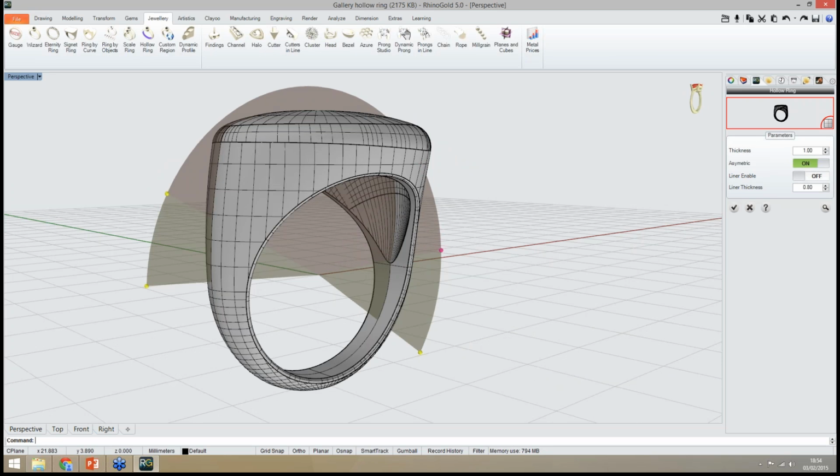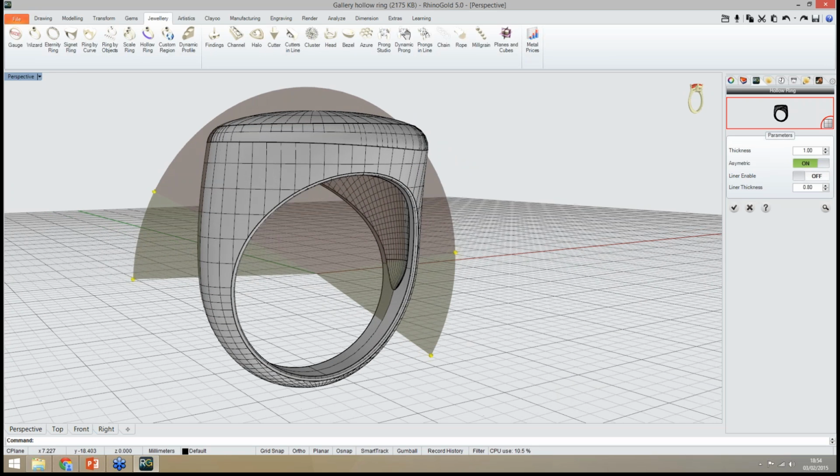Easily we can define now the asymmetric halo, but also we have the possibility to create the liner. So automatically I just define the thickness and it will generate the liner from our ring. So it's calculating, and here we go.